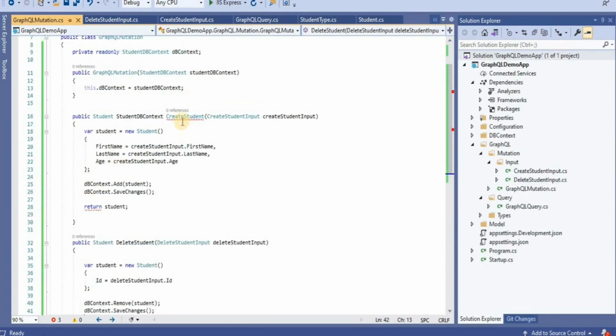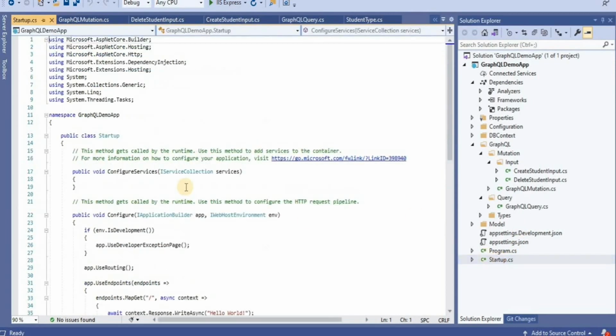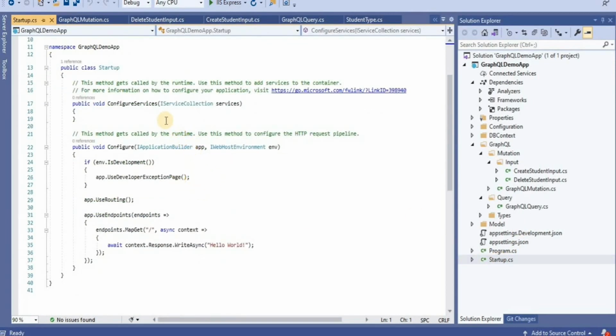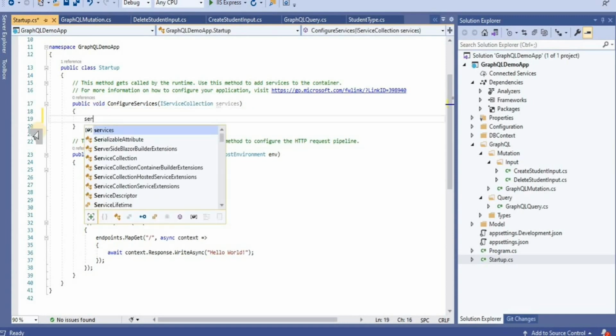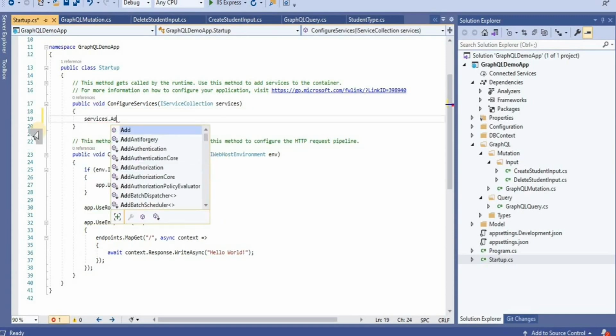Oh, there is an error. Oh, this one needs to be removed. So yeah, now our create and delete mutations are ready. And the next step is let's add a configuration in the startup class of the project for the GraphQL types, mutation, and query types. So service dot add GraphQL server,